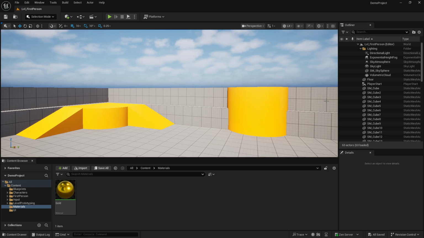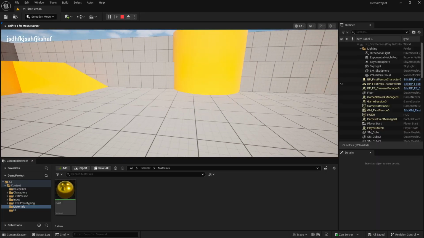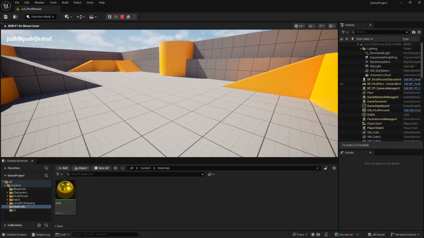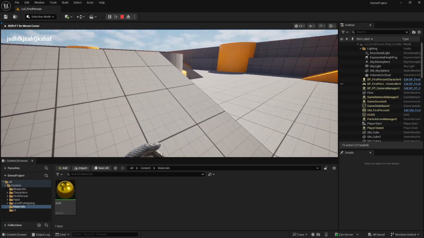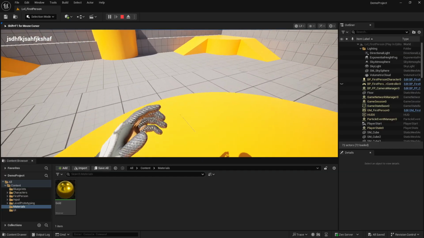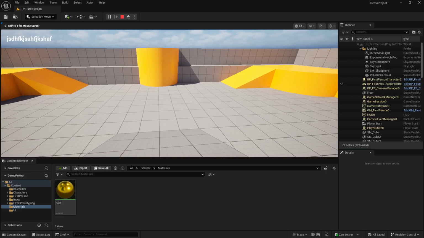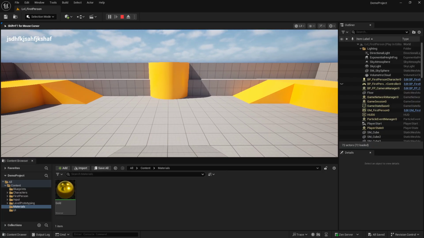This is a continuation video of the previous one, where we set up a simple UI so that when you hit play, we see a text in the corner of the screen. If you don't know how to set that up correctly, you might want to go back and rewatch that video. In this video, we're going to have that text talk to the first person player to display the score